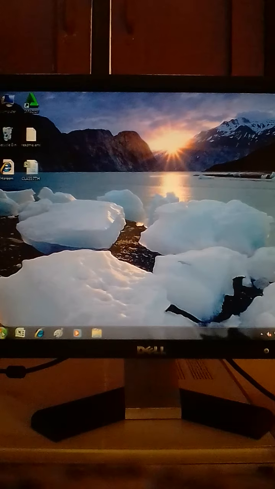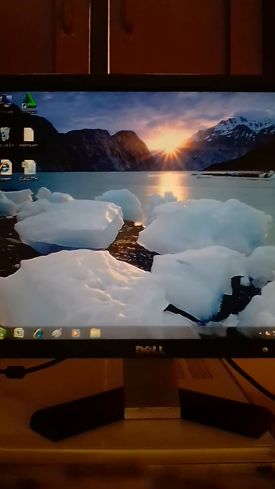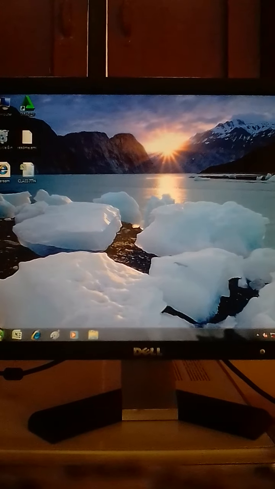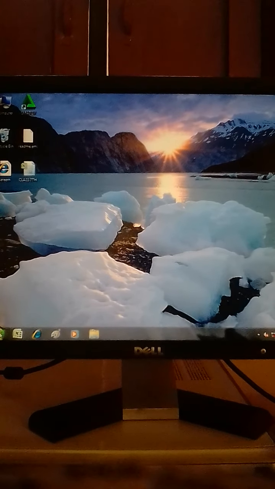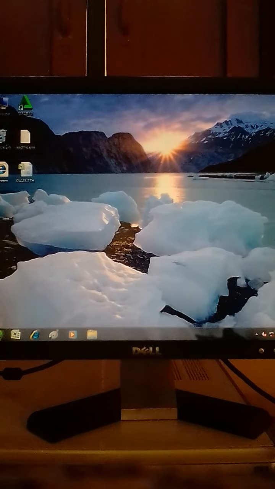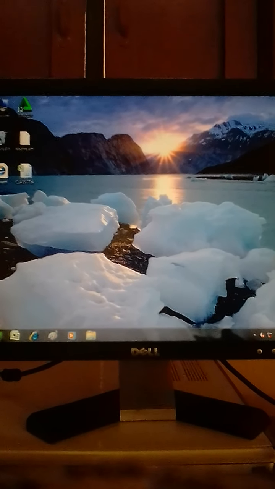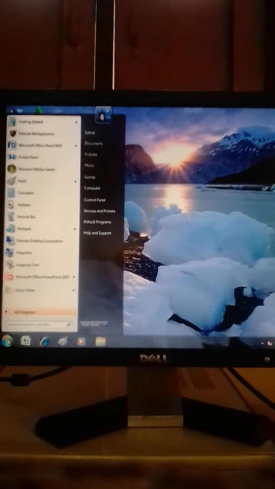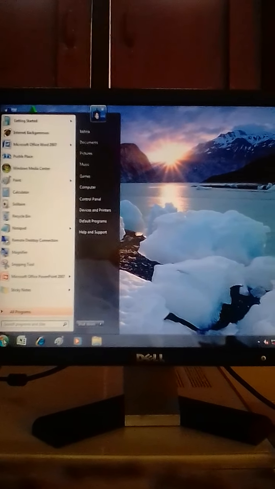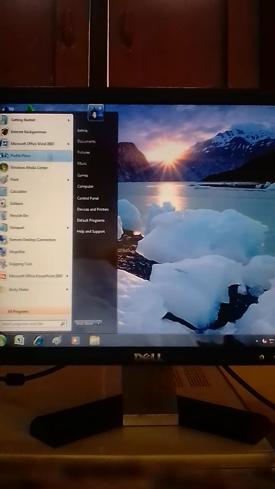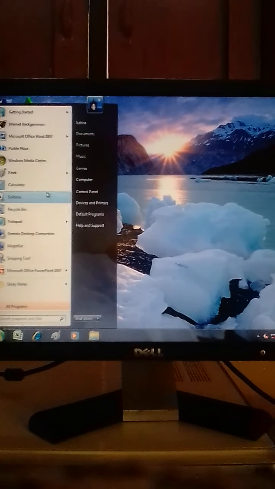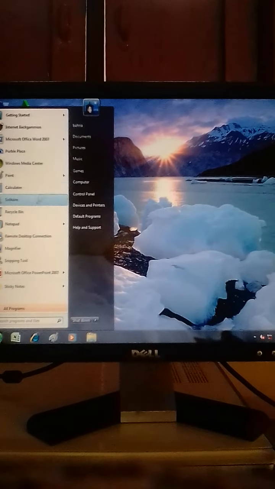Dear students, today we are going to perform practical number 1. Today's practical is based on MS Office. To open MS Office we should press the Windows key on our keyboard. As we press the Windows key, this menu appears on the screen and we have to see where